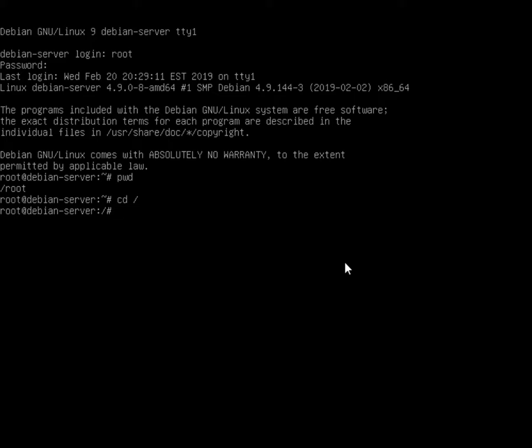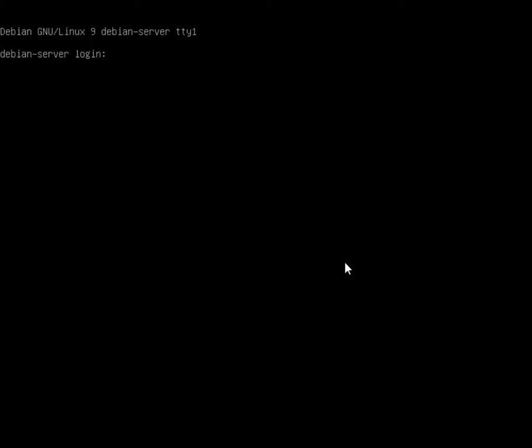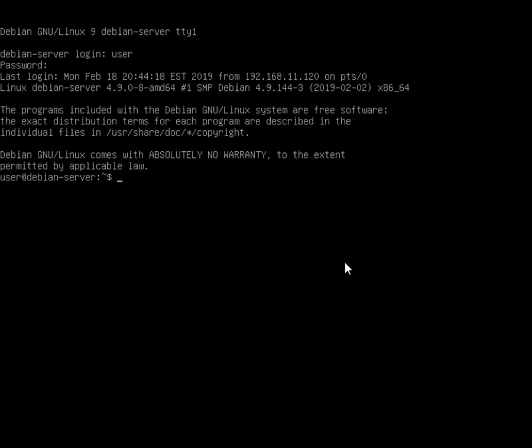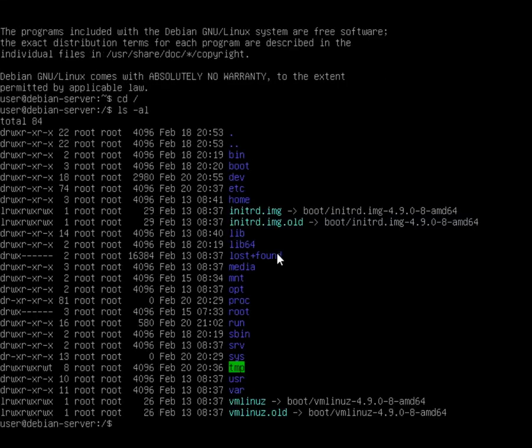Now I'm going to go ahead and change my user. So I'm going to go ahead and log out and re-log in, and my username is just user. Hopefully that doesn't get confusing for you. And there we go. Now you notice I'm logged in as user. I'm going to go back to the root of the file system, and there's our directory contents,